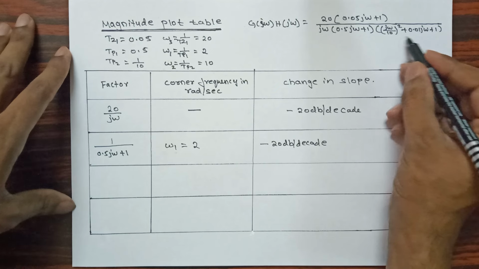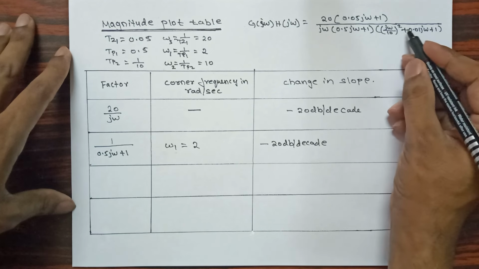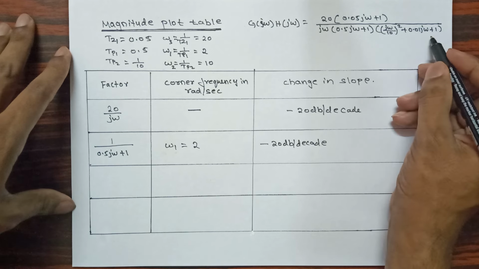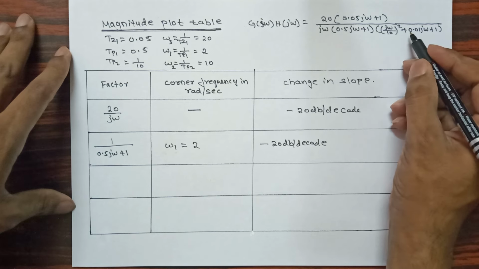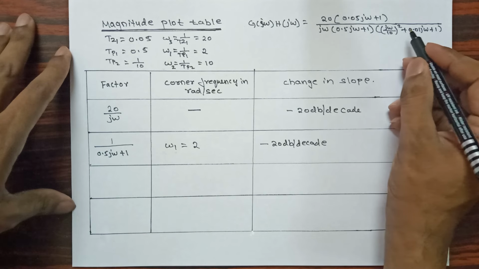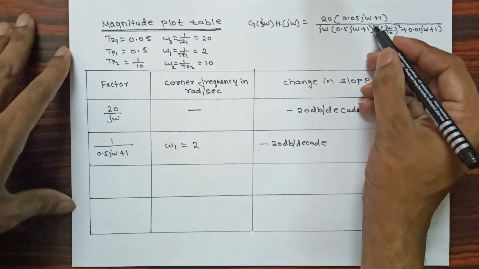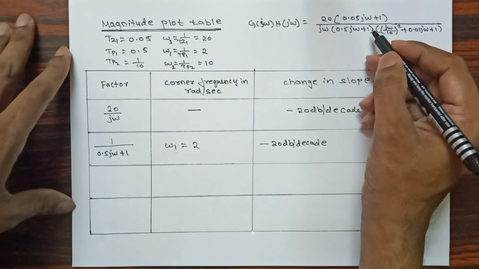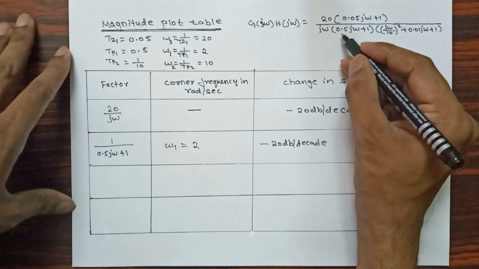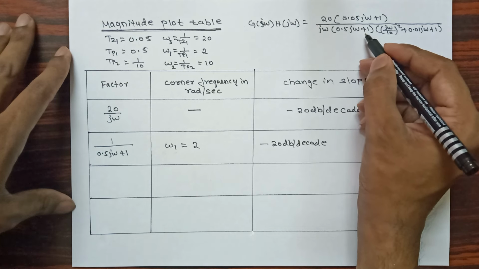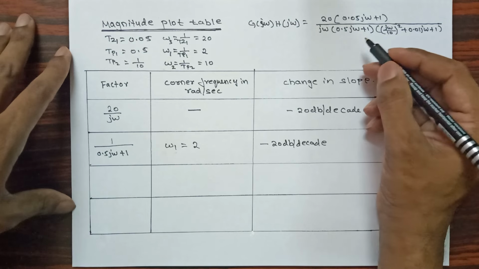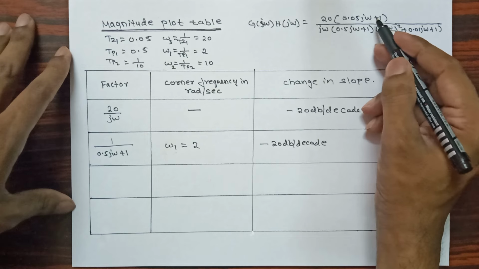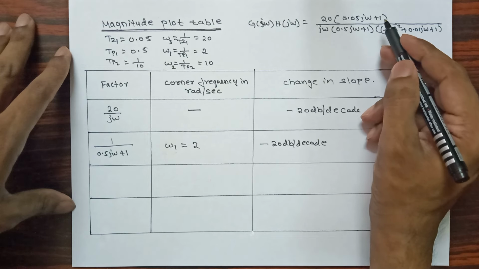But in this case you can see here in the quadratic form, so for this we are going to get the 2 roots, that is for such a quadratic equation we are going to consider minus 40 dB per decade. And one more thing, remember, if in the problem it is whole square, then this term will be considered as minus 40 dB per decade. Without square the term will be considered minus 20 dB. Any number of terms, each term will be considered minus 20 dB per decade. If in the numerator, that is, zero terms are there, then we will consider plus 20 dB per decade.